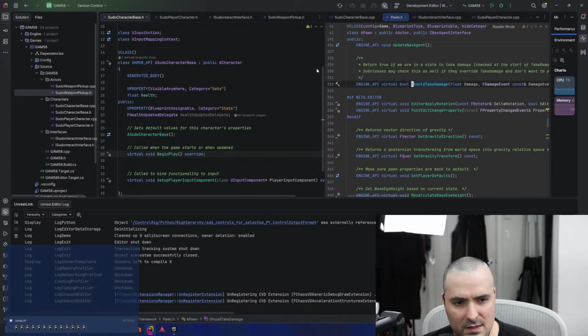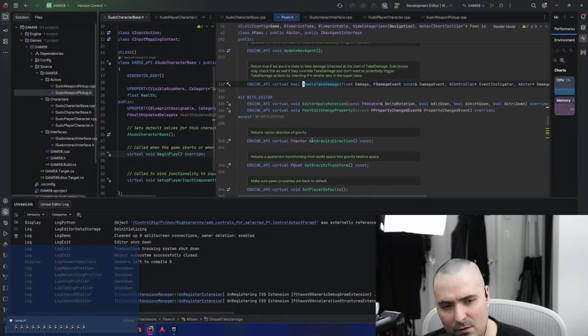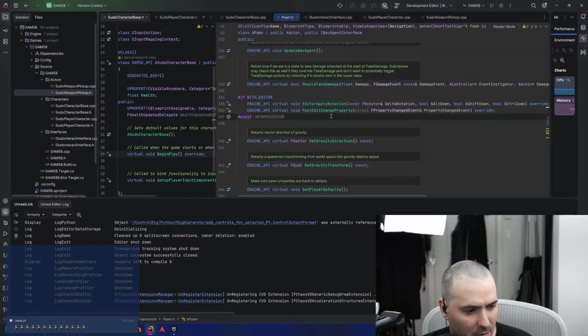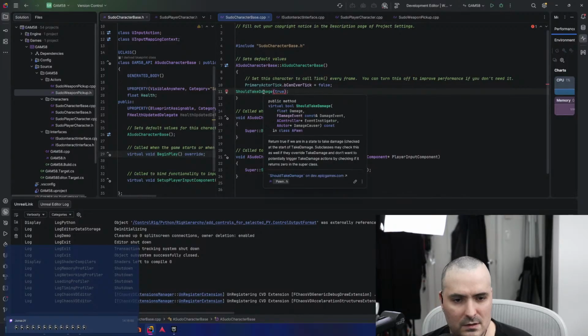Let's take a look at what this does. Turns true if... I feel like utilizing this system might take a bit longer to get used to because I don't know all the details around it.